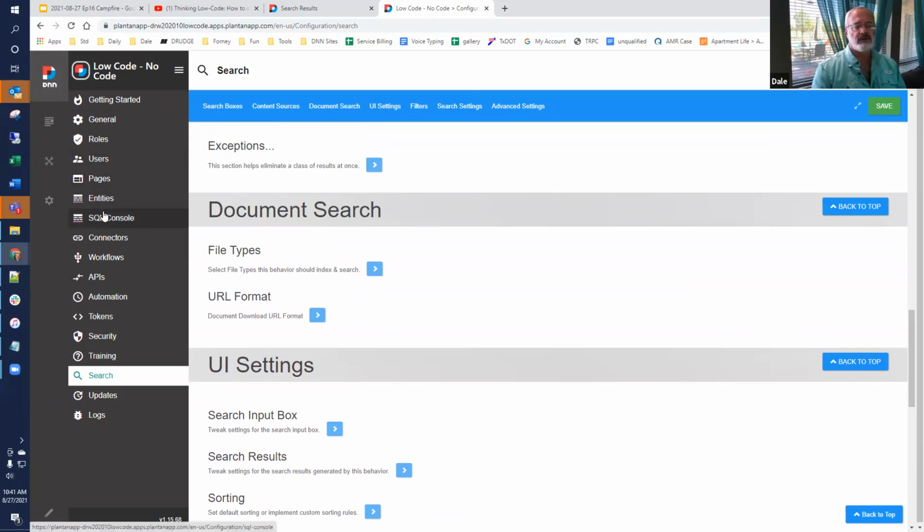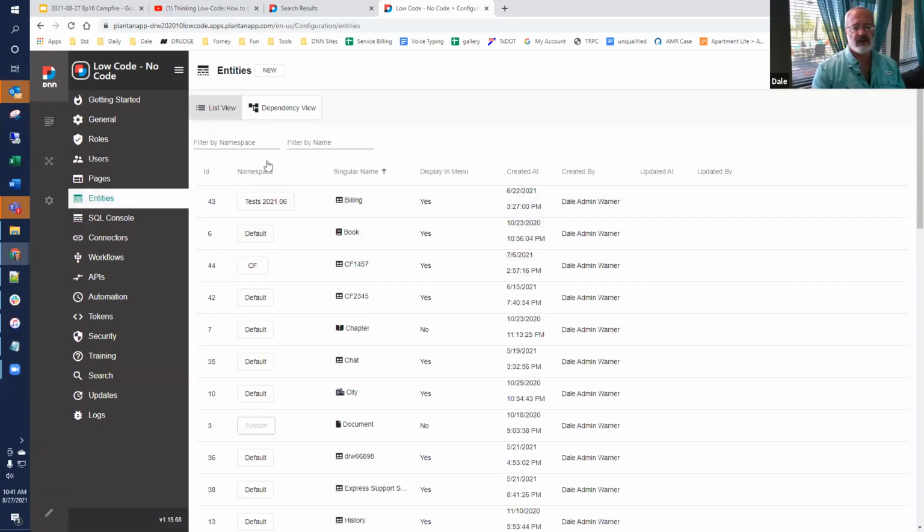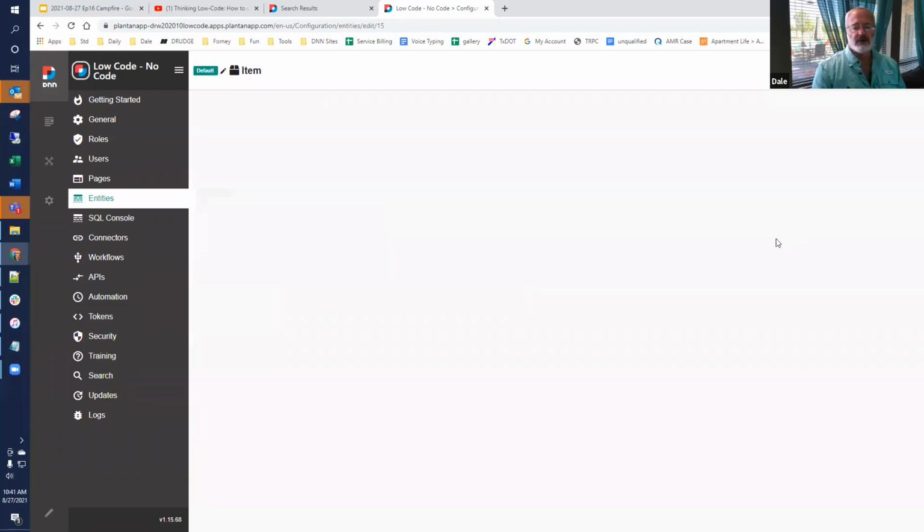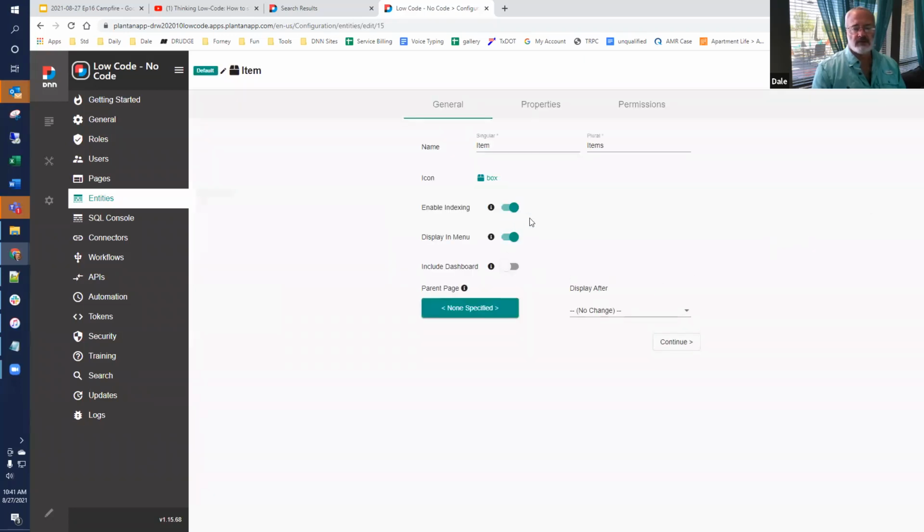So where are we setting it? If we go to entities and look at items, and we look at the configuration of items, it's turned on. This enable indexing setting means that everything that's in this table is going to get added to the index.